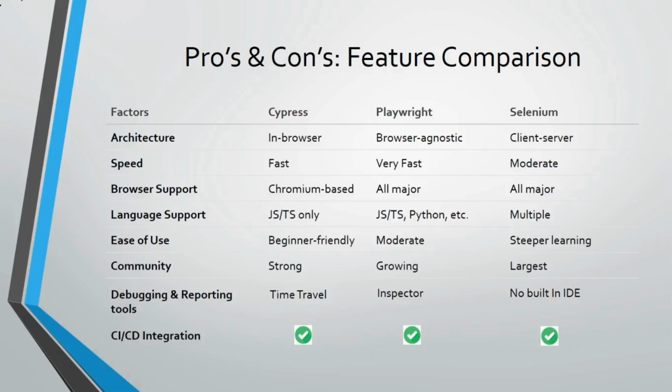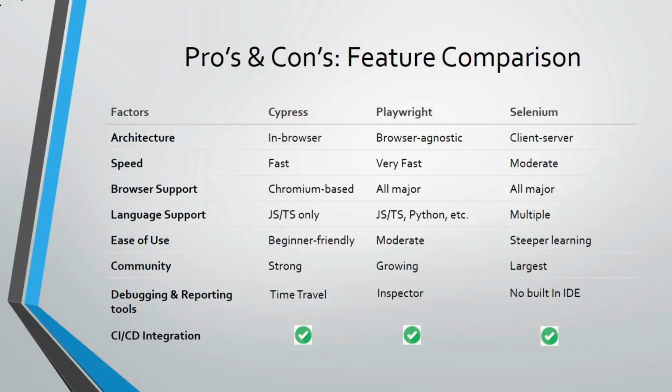So Playwright and Selenium definitely have an advantage over Cypress when it comes to browser support. Moving on to language support. Cypress supports JavaScript and TypeScript only, but Playwright and Selenium support multiple languages. So Playwright and Selenium definitely have an edge in language support.